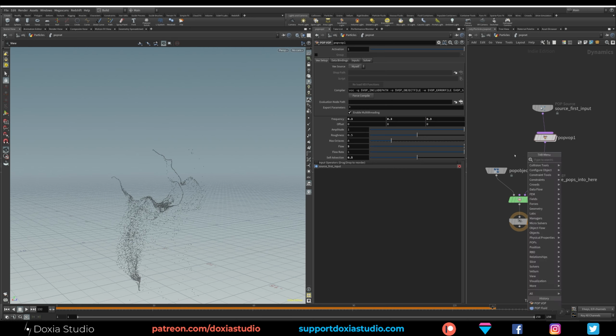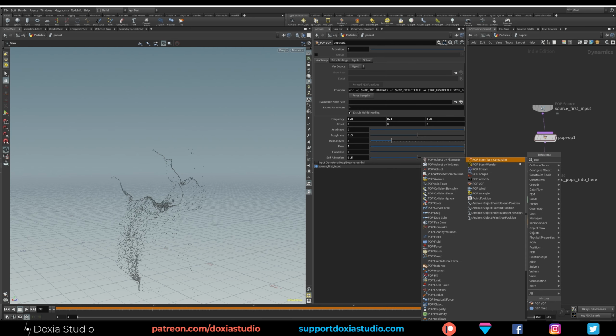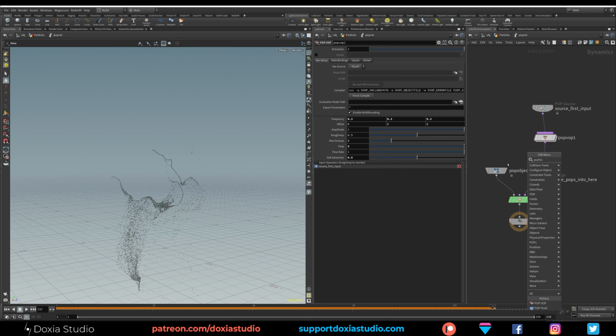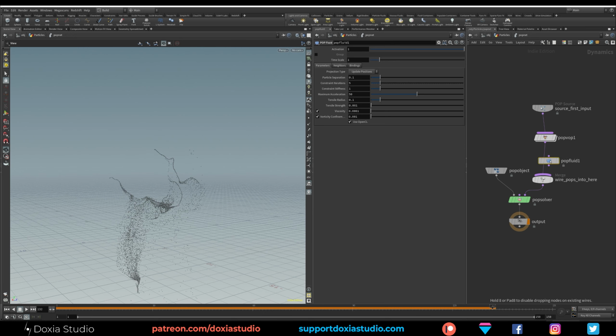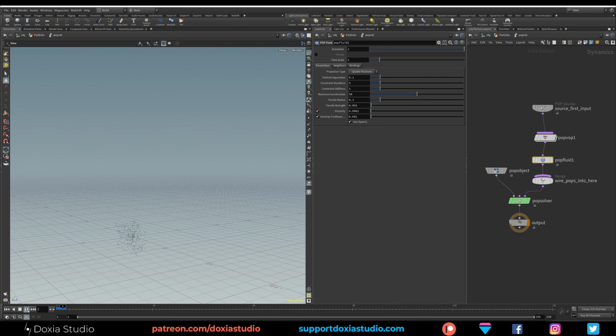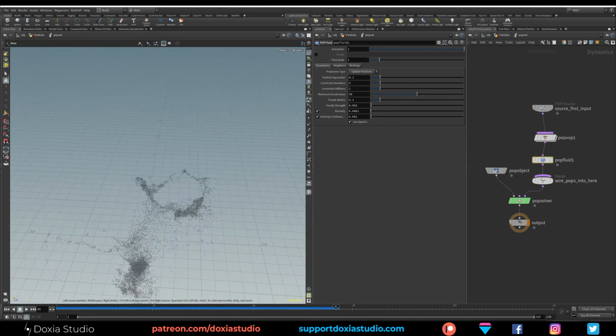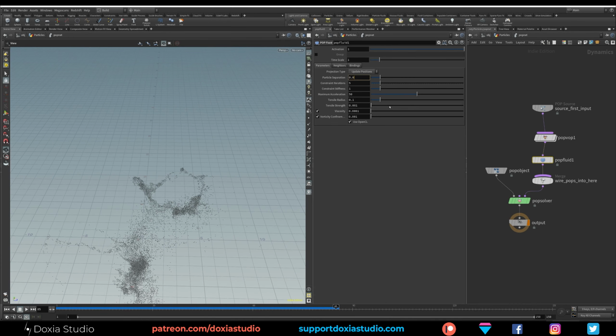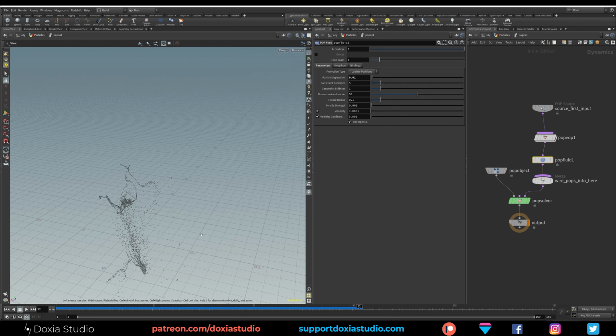Now I'm going to add pop fluid, with some parameters to behave a little bit like liquid, just to add a little bit of volume to our particles. I think that's way too much. Let's go with 0.0001, or maybe let's increase this to 1.